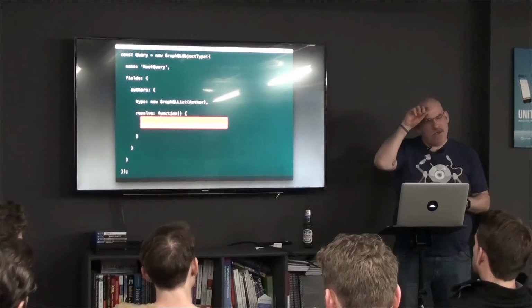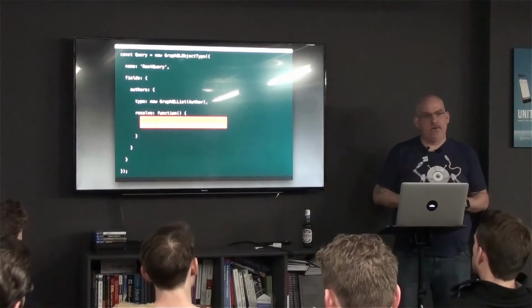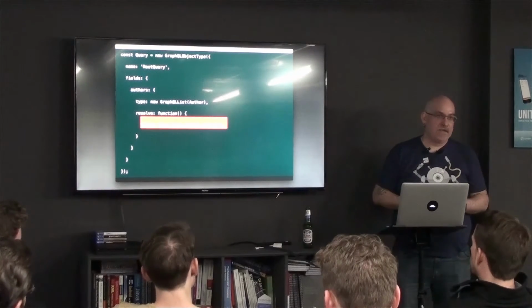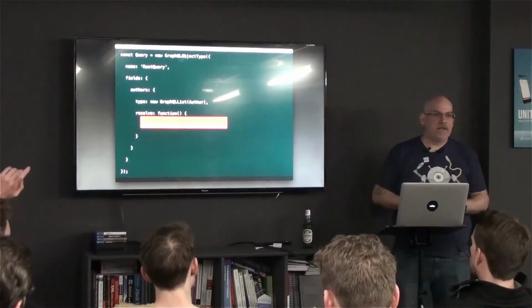So it's not a vector for SQL injection, but then again, I'm going to wait 5 minutes and someone's going to tell me they've done something like that. But it shouldn't be a vector for SQL injection, because GraphQL is sort of parsing your full object structure and giving only what you need.